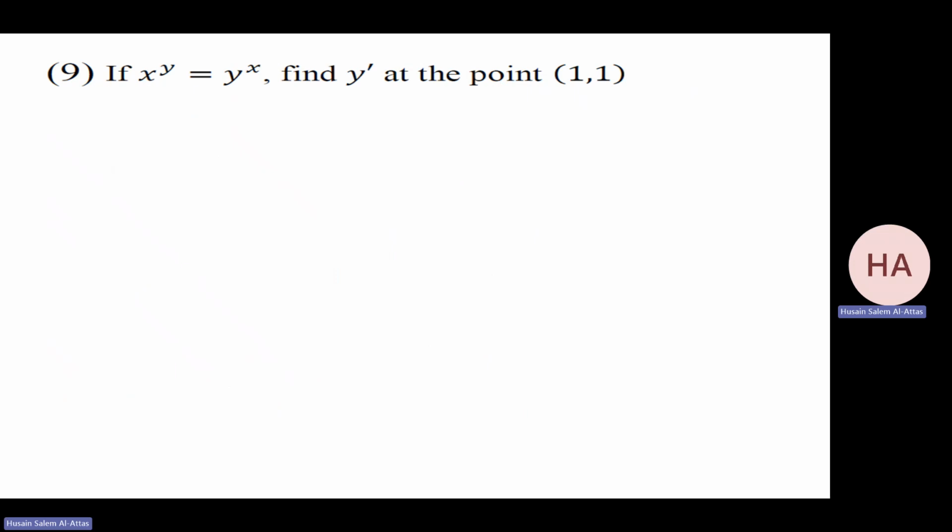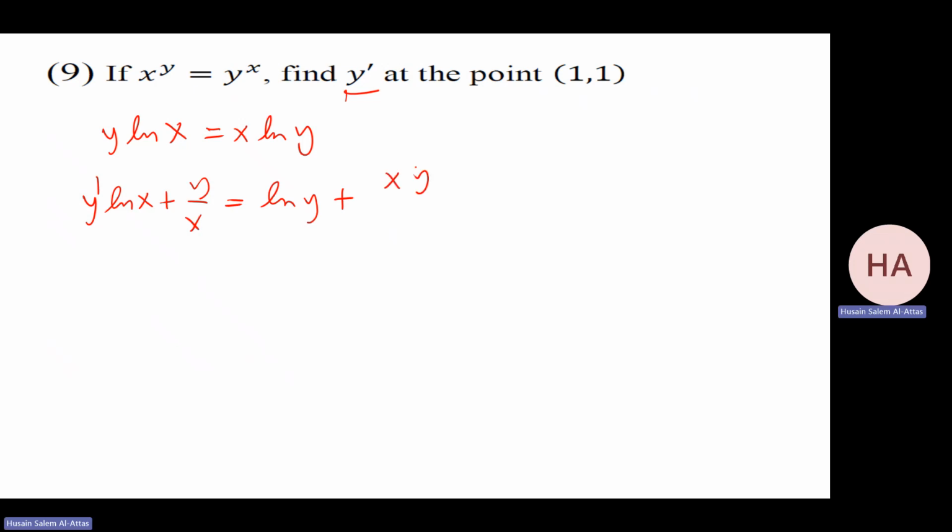x to the power y equal y to the power x, find y prime at this point. We did it before. So I have y ln x, take ln of both sides, equal x ln y. Differentiate, I have y prime ln x plus y over x equal ln y plus x y prime over y. ln 1, that will be 0. So 1 times 0 plus 1, ln 1, which is 0, plus y prime. So y prime equal